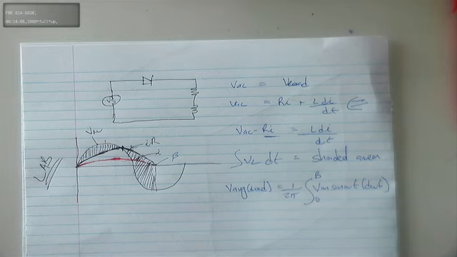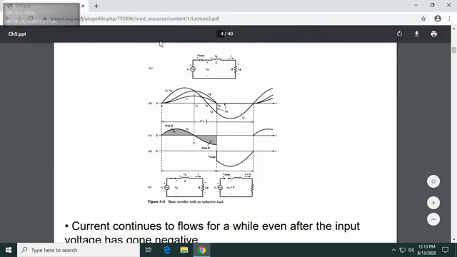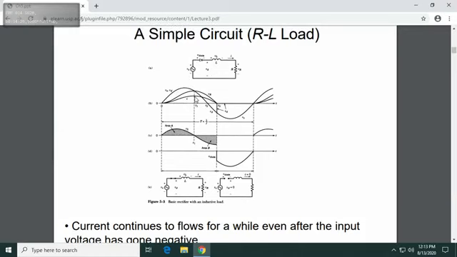Any questions? Something not clear? Let's look at what we have in the notes. Similar example. Also take note, the peak of the current is at the exact point where V equals to IR cuts the Vs graph. Okay, the source graph. You see this? The peak is exactly at the point where the V source intercepts the IR graph.